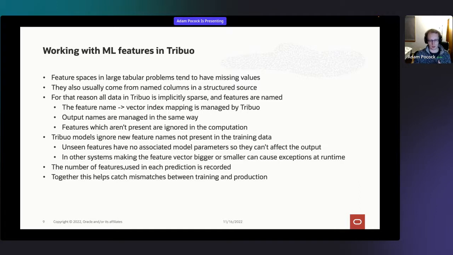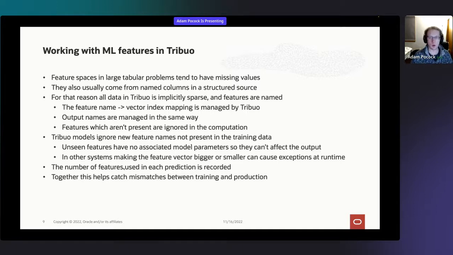So Tribuo's view of data and features in general is that everything is sparse, because then we naturally deal with missing values. If it's just not present, that's okay. We don't have to deal with it. And all of our features are named because we're assuming that they usually come from some processing on some database column or some other structured input like JSON or a CSV file.